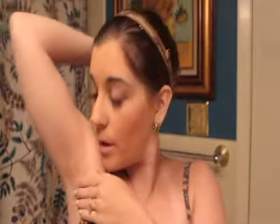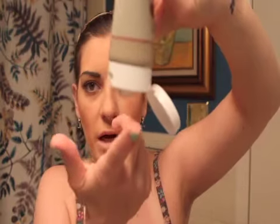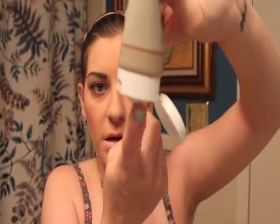A lot of you have asked how to apply it as a deodorant, so I'm going to show you. Now, I'm going to be honest, I just got really bad razor burn the other day, so just ignore if you see some red. But this is how I apply my deodorant. I'm going to get about a pea-sized amount on my finger, and I'm just going to...